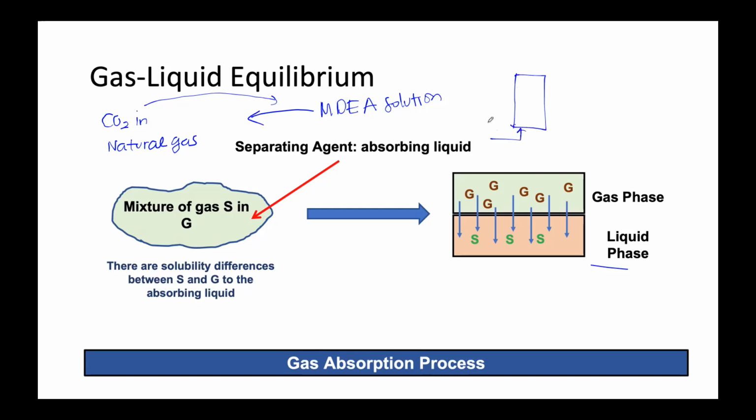put the CO2 and natural gas here, and then it will leave as natural gas, which is clean. Then we have a fresh MDEA, and the MDEA will contact the CO2 and absorb the CO2 in the natural gas, and then it would be full of, we call it pregnant liquor, yeah, full of CO2, and then here they will undergo another